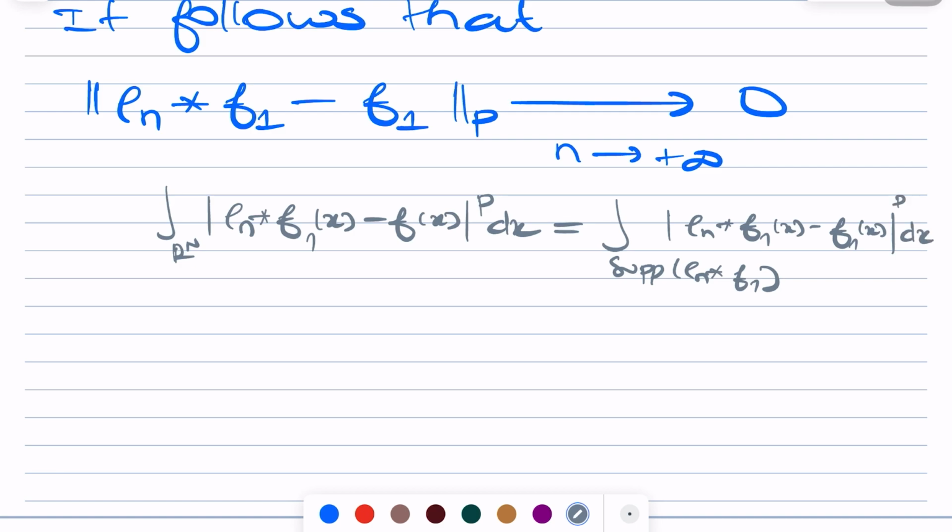But we know that on this, because this is compact, and we know that rho n convoluted with f1 converges to f1 uniformly on compact sets, and then we saw that this is actually compact. So this whole thing here will go to 0. Okay, so finally,